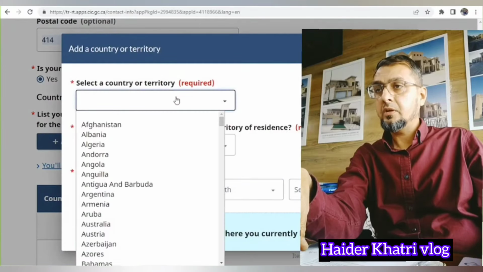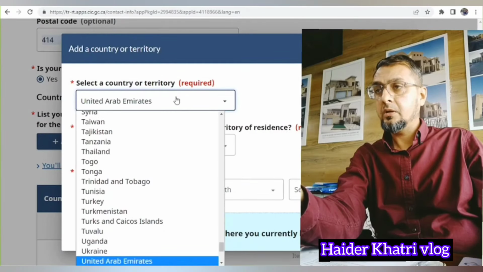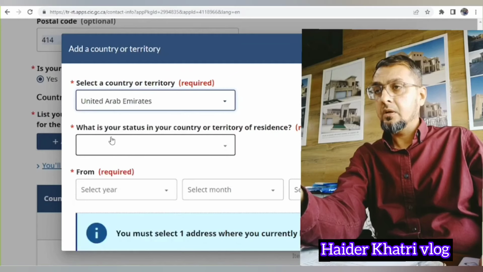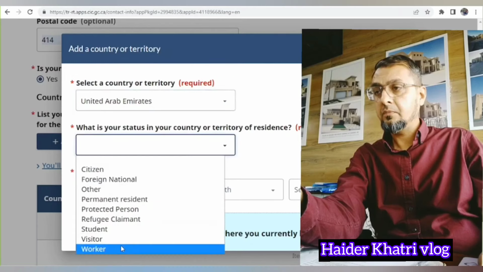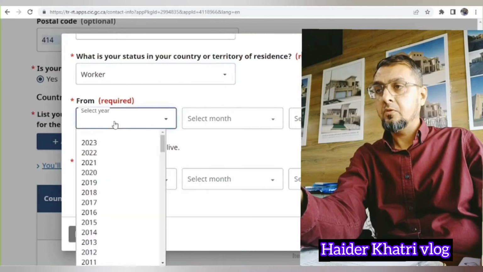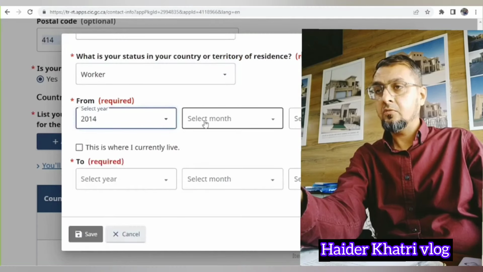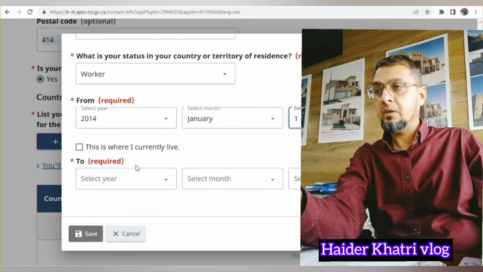Select a country or territory. So I am living in the UAE, United Arab Emirates. What is your status in the territory? Of course I am here for working. So I am a worker here. Since when? 2014, I came here. So January 2014 I came here. This is where I currently live, so you will have to select yes.